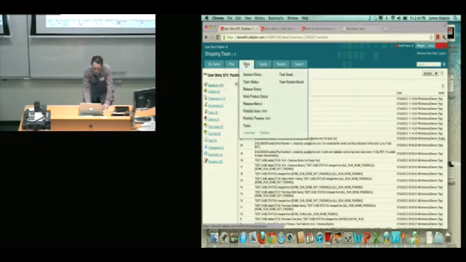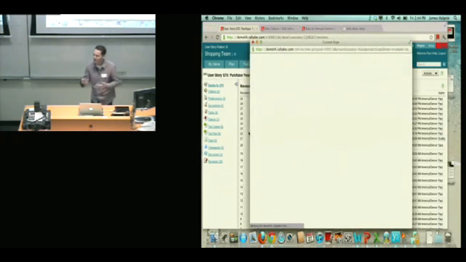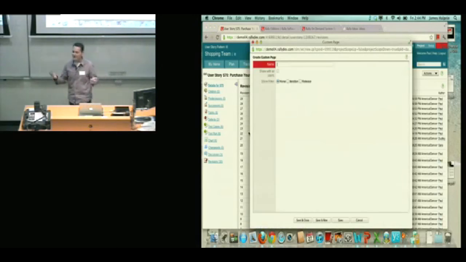So another way of looking at this information, if you've come from a team that's used to using project boards, they might say, I really want more of a board view of things. So what you can do in Rally is append what we call apps to the bottom of any menu, and you can lay it out however you like. So if I want to add, say, a storyboard,